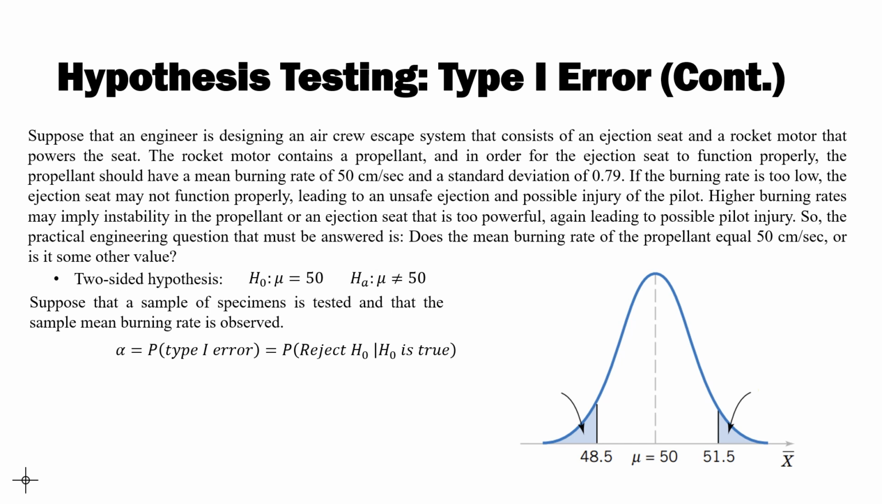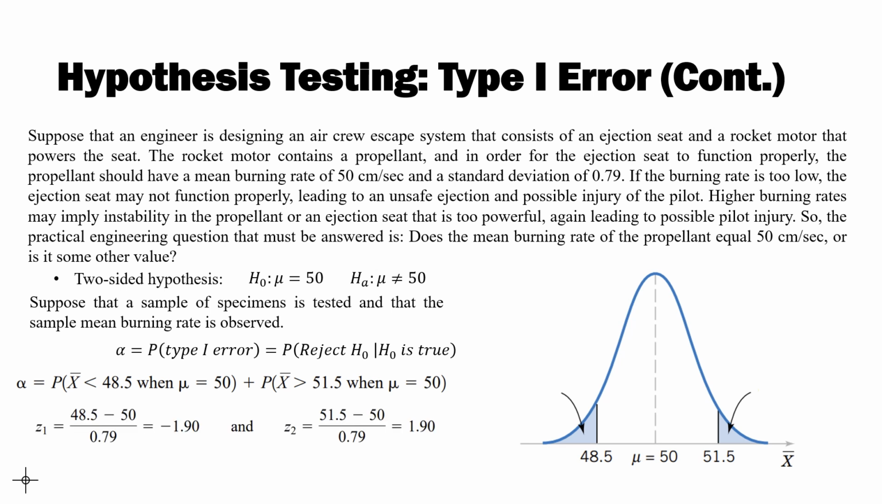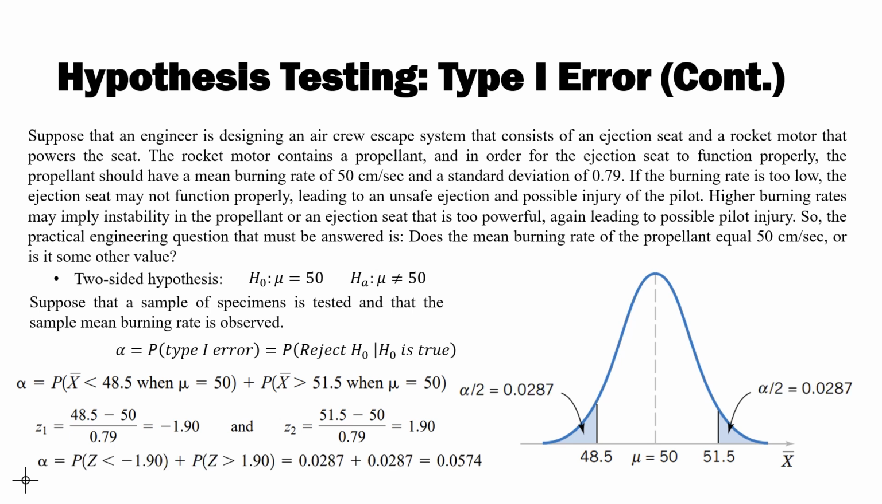This assumption may sometimes lead to rejecting the null hypothesis even when it is true, which defines type 1 error, typically denoted as alpha. Here, alpha is the probability of observing sample means below 48.5 or above 51.5 when the true population mean is 50. Standardizing these probabilities leads to z-values of negative and positive 1.9, with a summed-up cumulative probability of